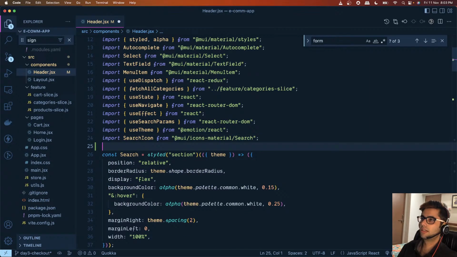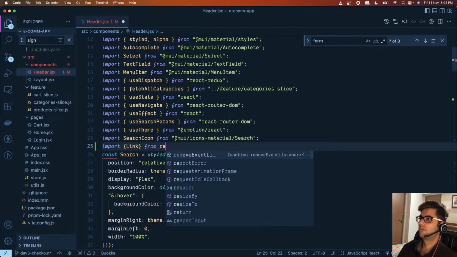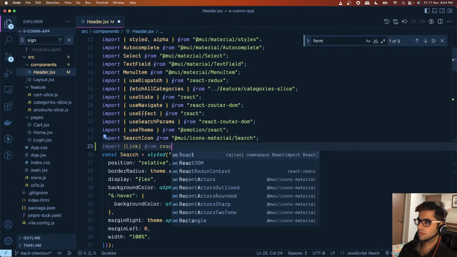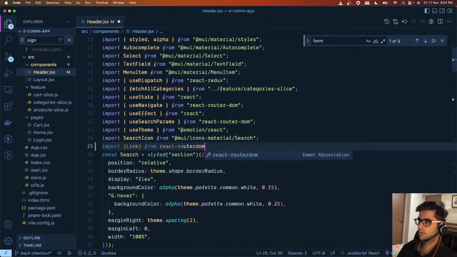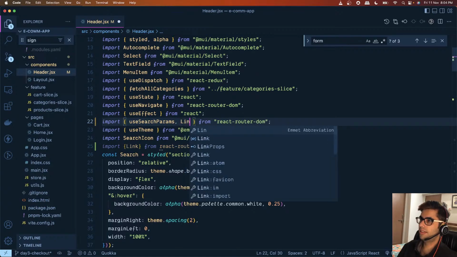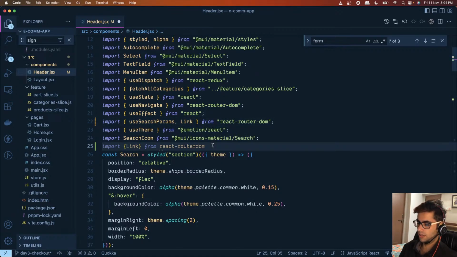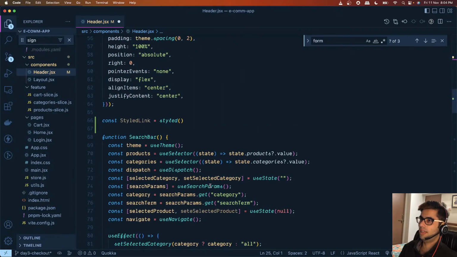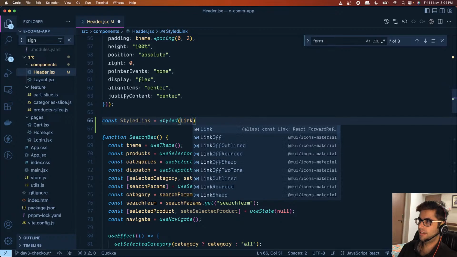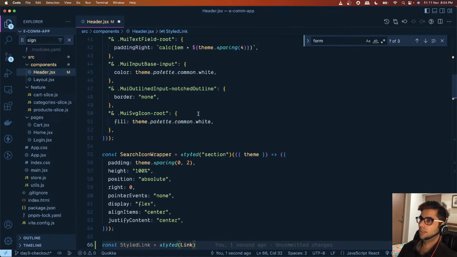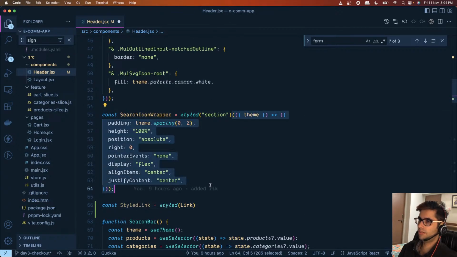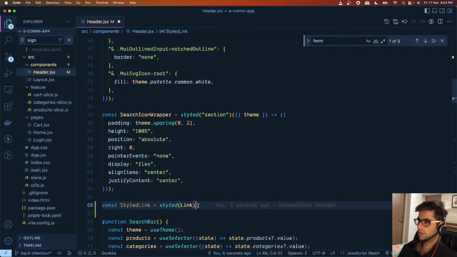So let's import that. Hang on a sec, I think it's already there. So let's just import it from here. Okay, and we'll pass that link component here. And then what we want to do is we want to give this some styling. So let's copy this syntax,